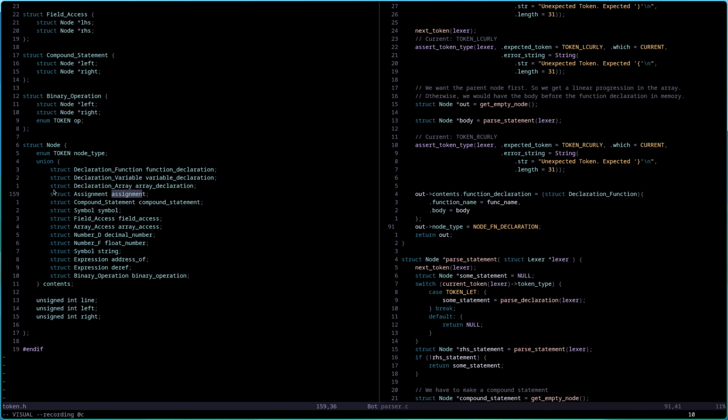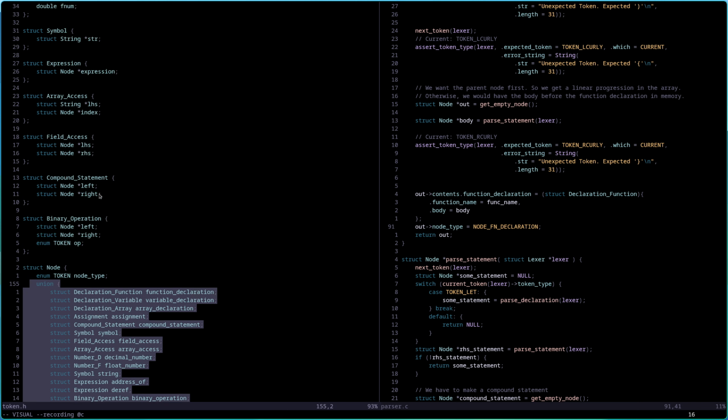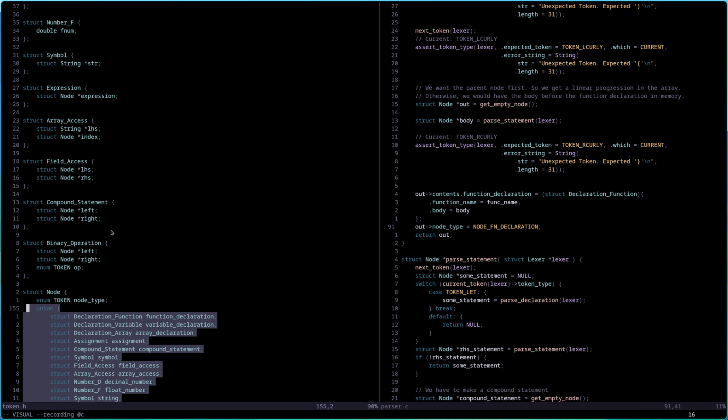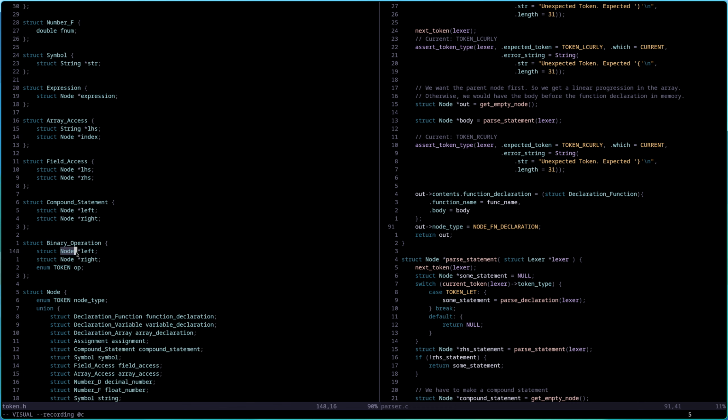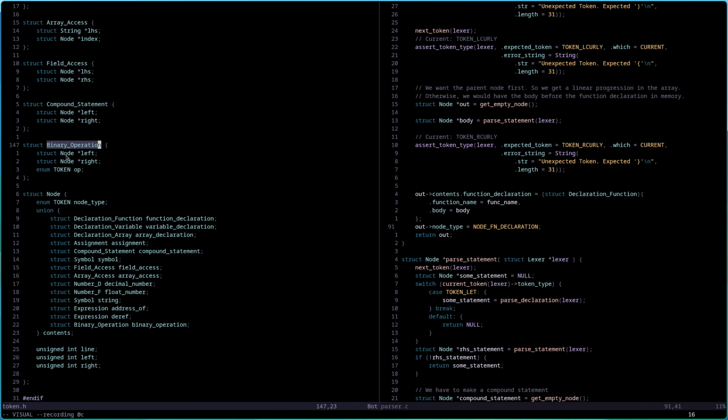Just like type polymorphism. Very nice. And you can see I had copied over the line left and right, also for pretty printing errors. That's basically it for the tokens and the nodes. Remember, you assemble tokens into nodes, and then you assemble nodes into other nodes. So like a binary node, the left node can be another binary node. It probably won't, but the right node can be a binary node. The left node can also be a binary operation.